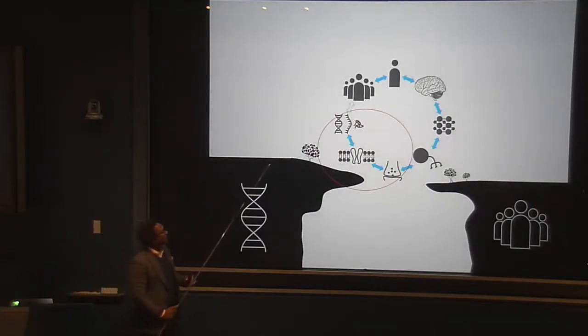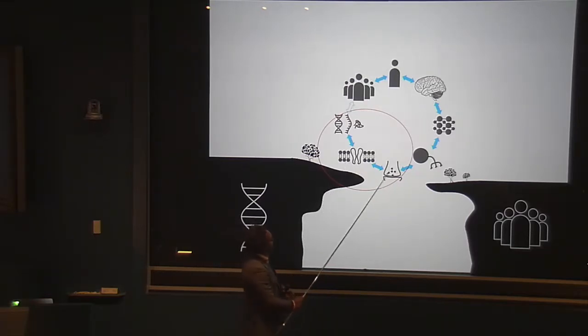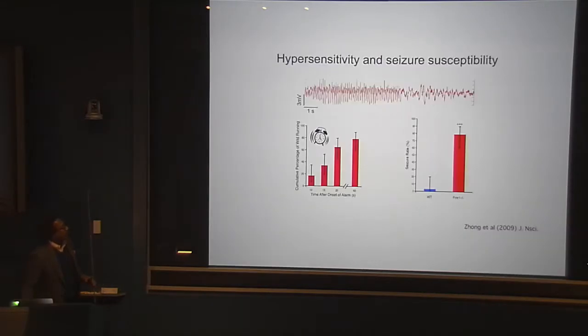So we've in some sense talked about the genetic or molecular perturbations, how that might lead to different receptor types and signaling, which can lead to synaptic changes. Let's now look at the other side of the divide here, at what we know about the behavior of these mice. So one of the things that you can recognize is in these Fragile X model mice, if you stimulate them,